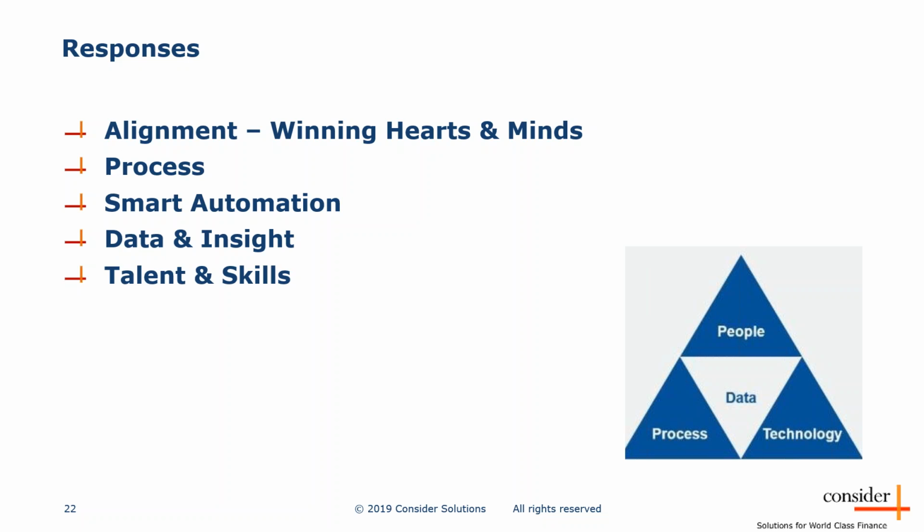So the responses, from what we can see and from talking to folks on the back of the survey, are really about the alignment between the organizational functions. Winning hearts and minds, both at an executive and operational level, is absolutely key. Having a process that everyone understands and works and has clear outcomes that everyone signs up to. The use of smart automation, not just the latest automation, but the smart use of your ERP and all the other components you have. Effective data, driving insight from it, and the right talent and skills to support it. And this little pyramid on the right,